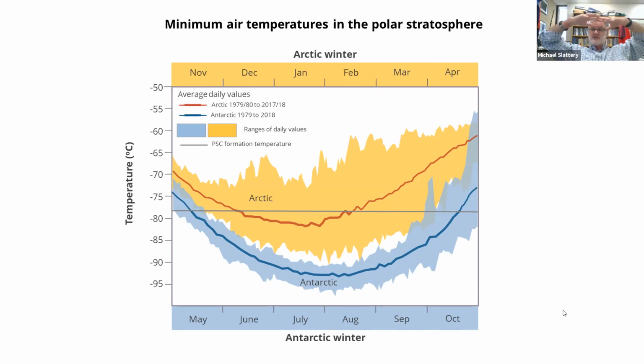So you've got this big continent covered with ice, right? And the sun goes down and the air is swirling around over that continent. So that air gets colder and colder and colder as it sits above that continent, right? The air sitting over the Arctic, yeah, there's some sea ice there, but there's also ocean there. So the air is much warmer over the Arctic than it is over the South. You got it. Yes, thank you. Okay, perfect. So the South Pole is much more conducive to polar stratospheric clouds because of the land-water differences that you find there.